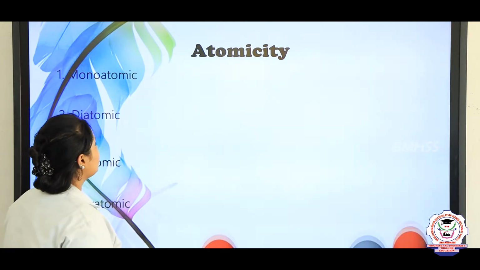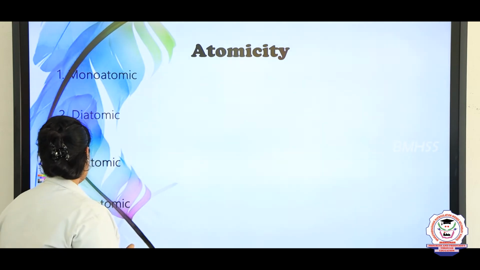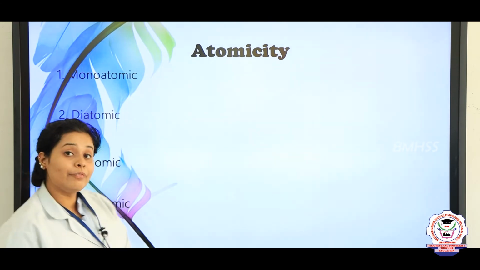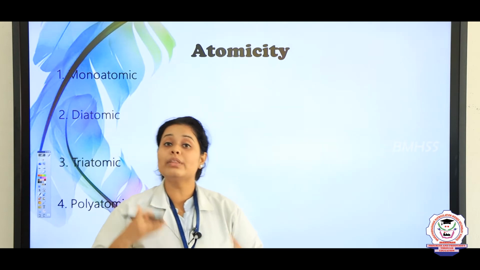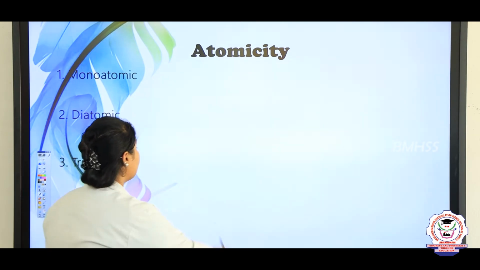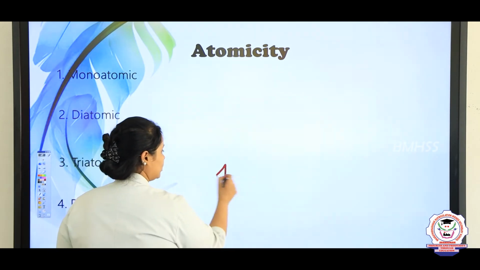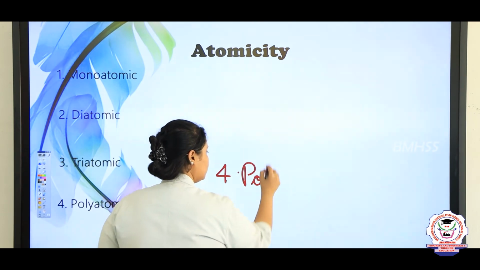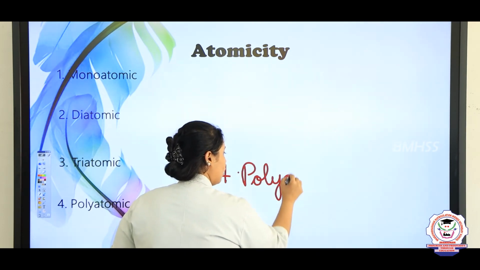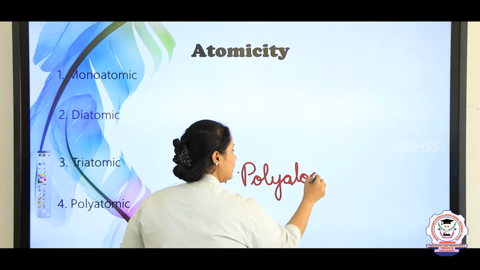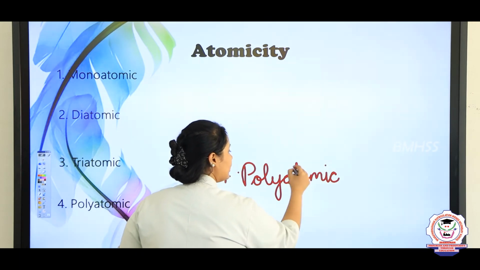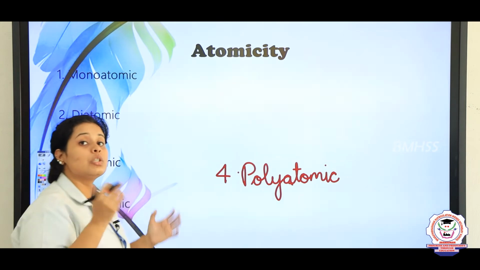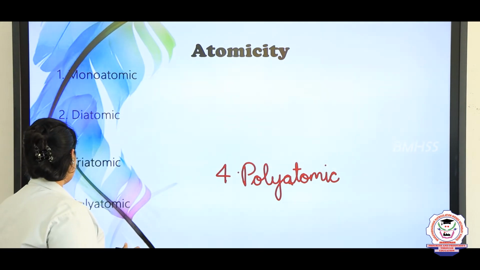Yes, now let's come to the final topic. It says that if there is presence of more than 3 atoms, then it will be known as polyatomic. Poly means many, and atomic means atom. So the best example for a polyatomic substance is